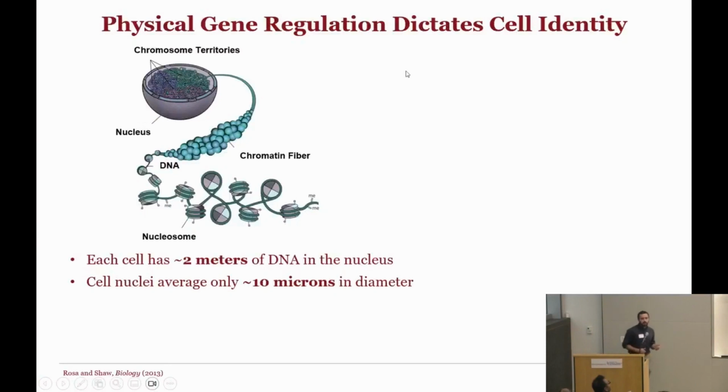I want to begin with some brief biological background. For context, we have about 10 billion miles of DNA in our body. This is enough DNA to take us to Pluto and back, and this equates to about 2 meters of DNA per cell, which compacts into a nucleus that's only about 10 microns in diameter. This high degree of compaction is achieved